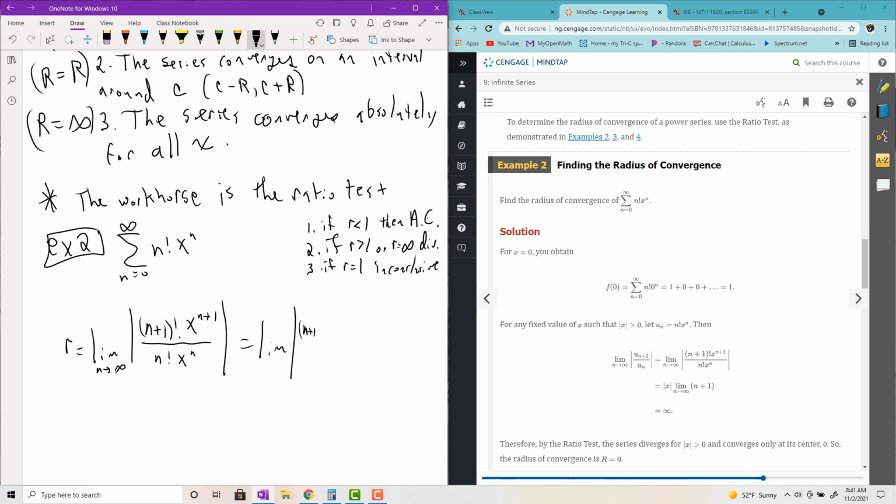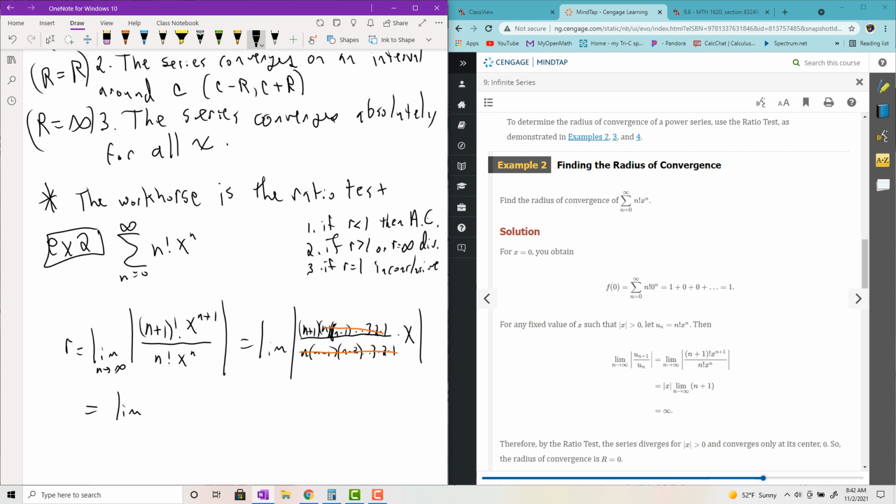So (n plus 1) times (n minus 1) dot dot dot all the way to 3 times 2 times 1. n factorial is n times (n minus 1) times (n minus 2) dot dot dot all the way to 3 times 2 times 1. x to the n plus 1 over x to the n is x to the n plus 1 minus n, which will just be x. So using your rules of exponents, you can remove the n factorial portions, and so you're then left with the